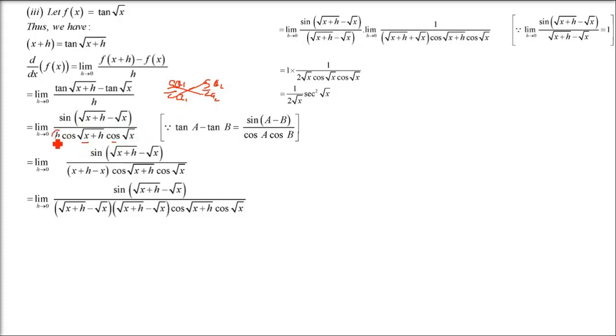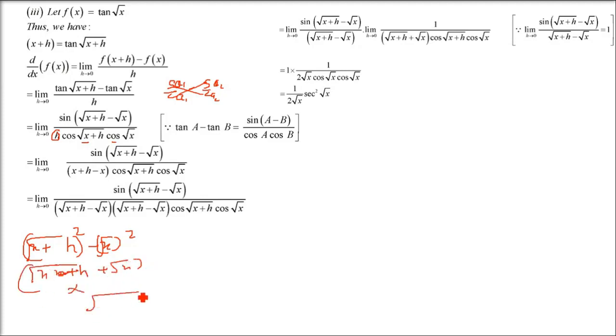Now if you see this above term and the denominator term, we already know how to change this h. We have to convert it into x plus and x minus, then take the square root and square it. Then a minus b, a plus b, just open it. √(x+h) minus √x, and √(x+h) plus √x. This is the plus term and this is the minus term, into √(x+h) minus √x. a plus b, a minus b.